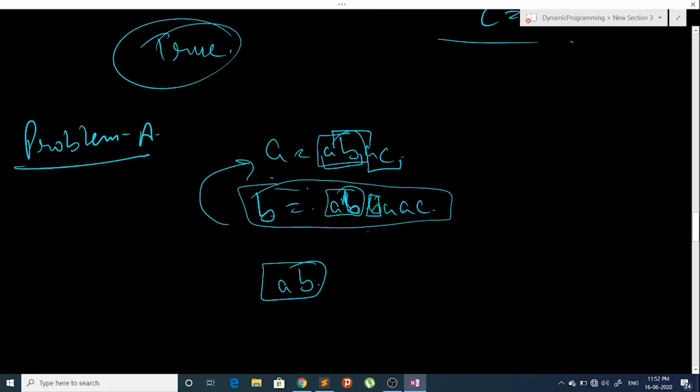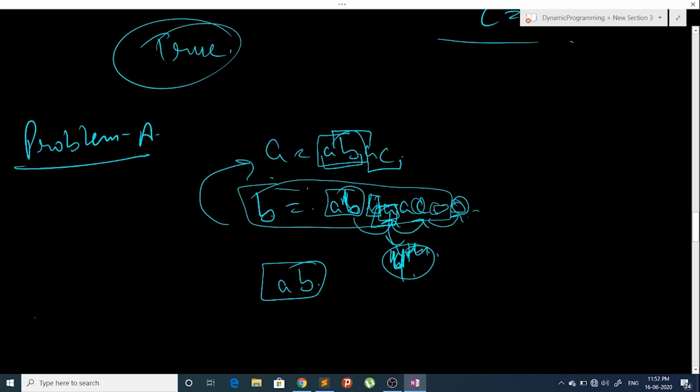So this is our solution for problem A. We will just take the odd or even index characters starting from the 4th. So this is pretty easy.